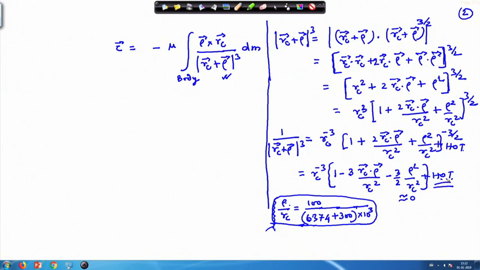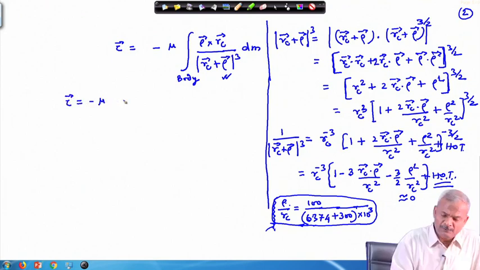So, this kind of terms we can ignore. But if you are looking for a very precise calculation, then you should take them into account; otherwise, for getting into the physics, these things should be ignored. Now, once we ignore this, what we get is tau equal to minus mu rho cross RC dm